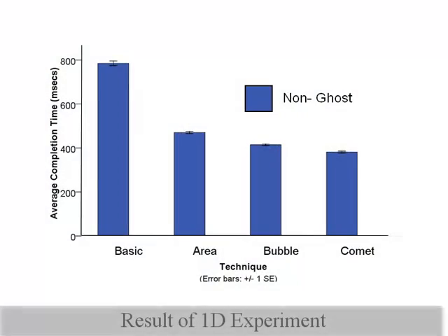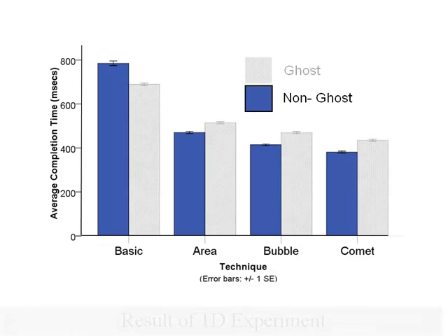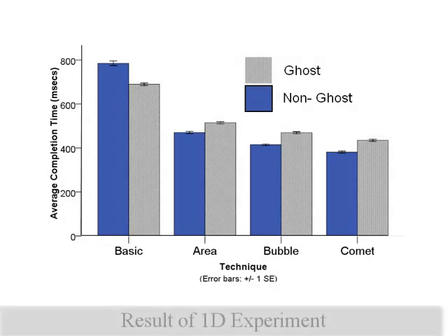In our first experiment, we compared their performance in a 1D selection task. We found that participants were fastest with Comet, then Bubble Cursor, followed by the area and basic cursors. To our surprise, we found that the ghosting techniques were slower for 1D selection. We found that this was primarily due to the overhead in having to press the Shift key to create the